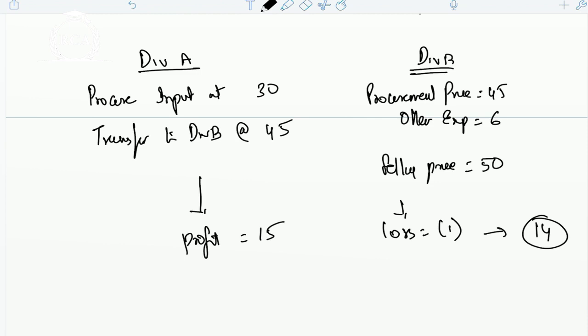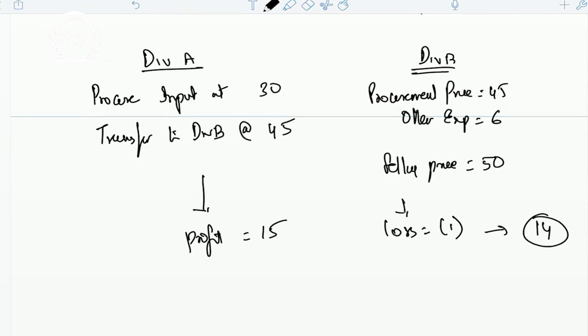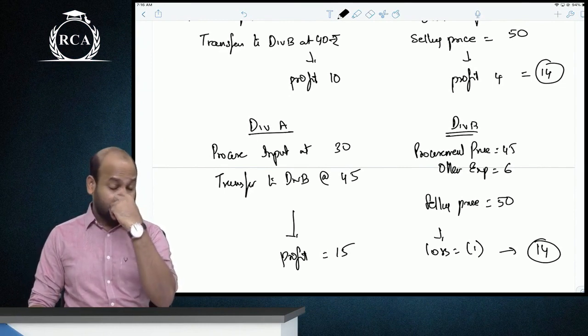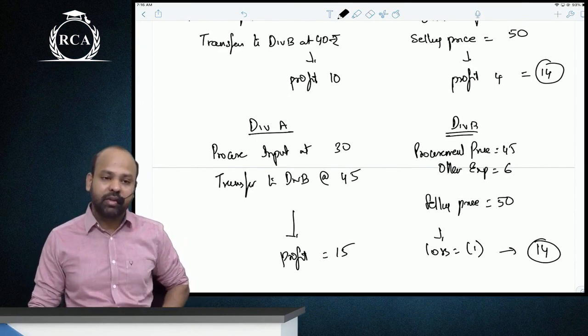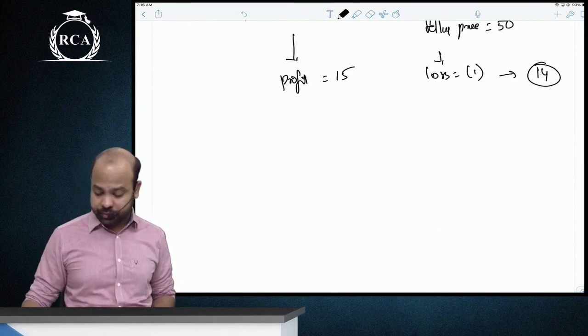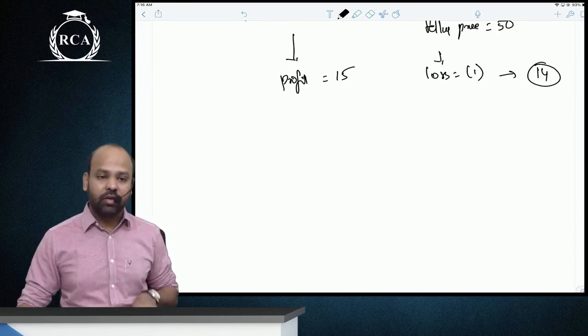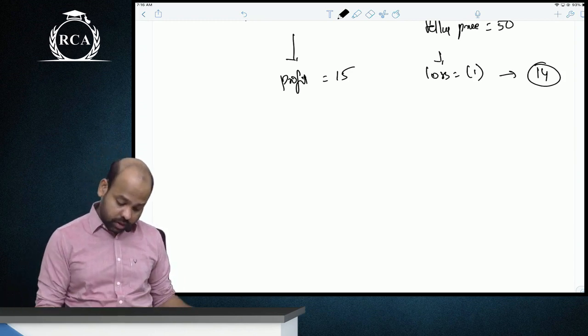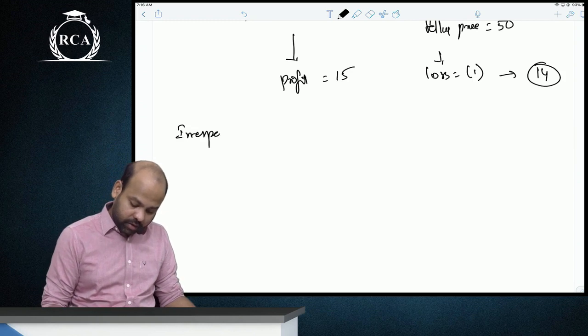Yes guys, I hope you're all done with this. Write now. I have already given you the conclusion. Write: irrespective of the transfer price, the overall profits of the organization